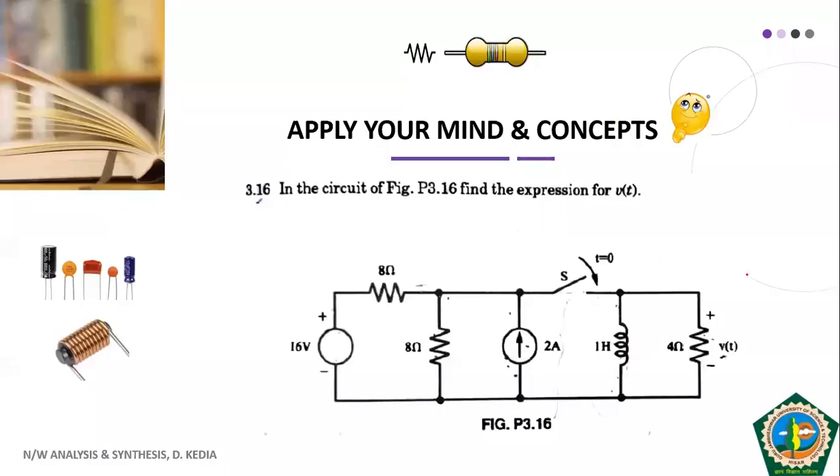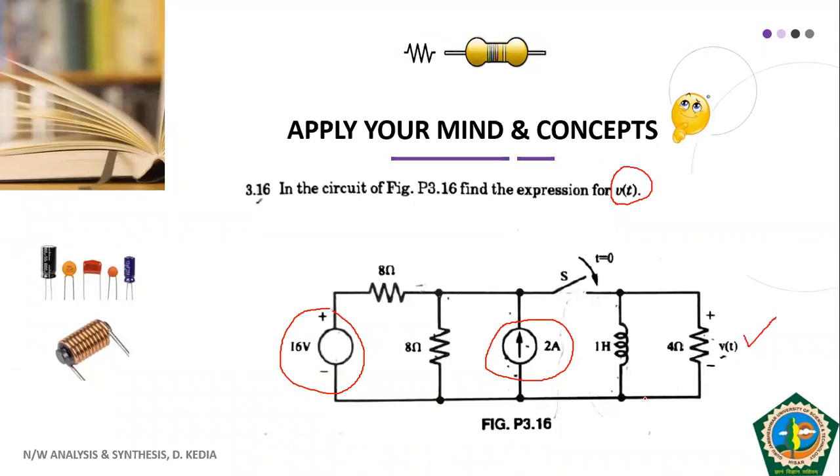So dear students, now we move to the next question, and this is the last example circuit for the concepts of your RC and RL circuit. This circuit has two sources present in it. One is your voltage source of 16 volt and another is your current source of 2 ampere. And corresponding to this, we have to find out the value of VT. VT means the voltage across this resistance.